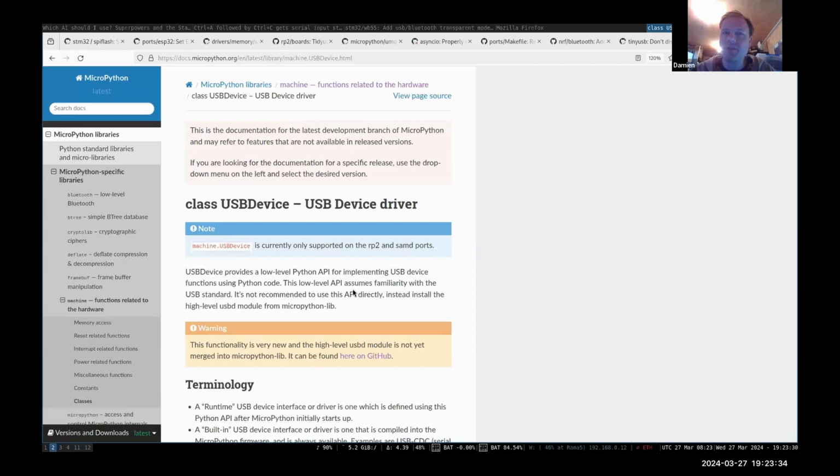And the idea with this USB device interface is to give you full access and control over USB peripherals on whatever board you have. I'm going to be demoing with the RP2040 with a Pico. So that has USB. Obviously, you can use it usually for the serial REPL, but it can be turned into any kind